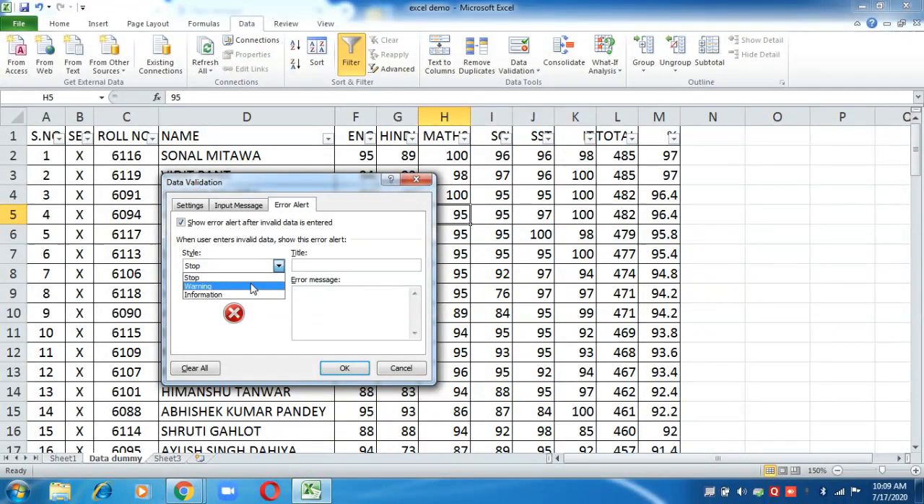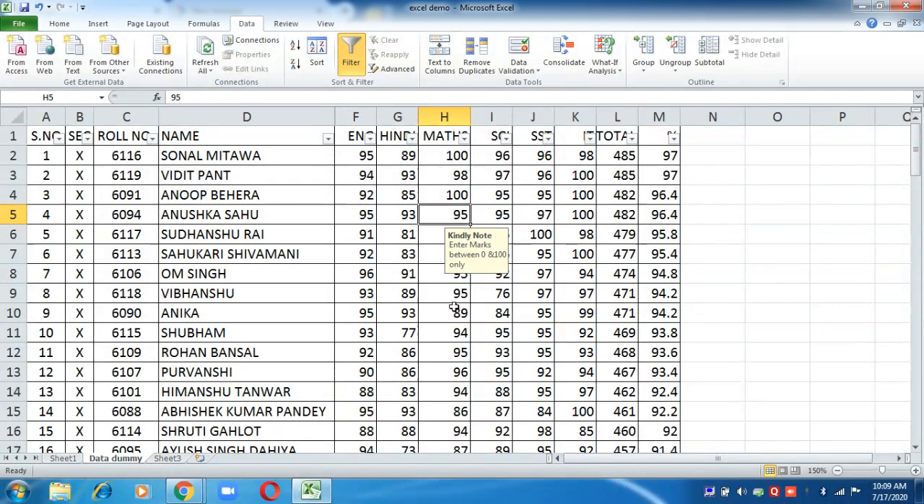And it can be a warning, or it can be a stop message. Whatever you want to choose, you can choose. But I will choose a stop message. It means the person should not be allowed to enter the data. Now kindly note, enter marks between 0 to 100 only. This message comes as soon as you move to any cell. Okay, sorry, because I have applied this message only on this cell, it is showing me the message on this cell only. But if I choose the whole range of data